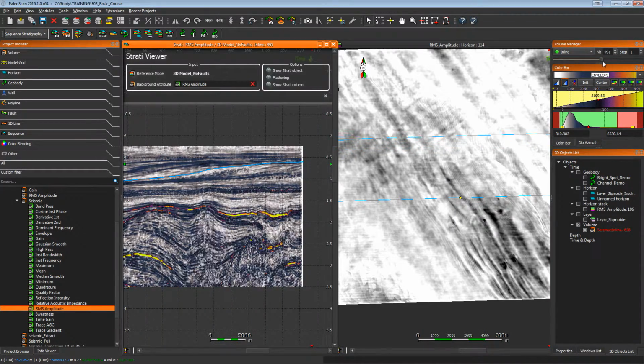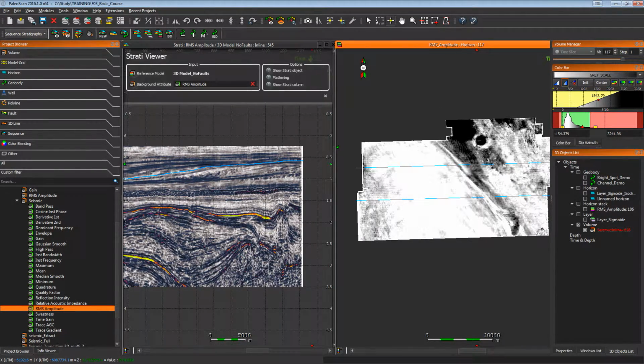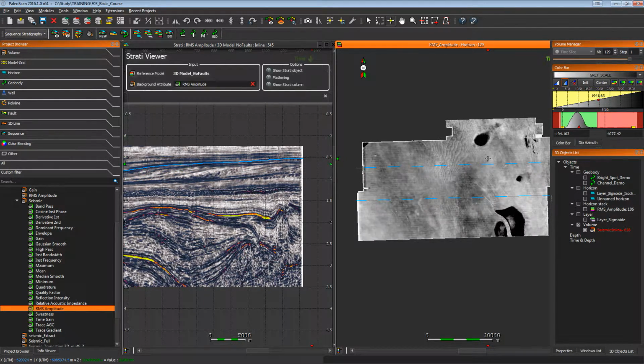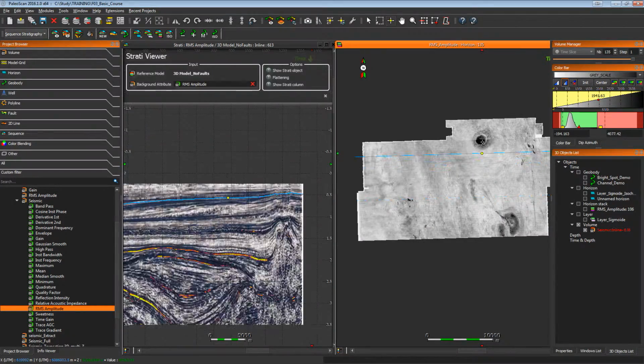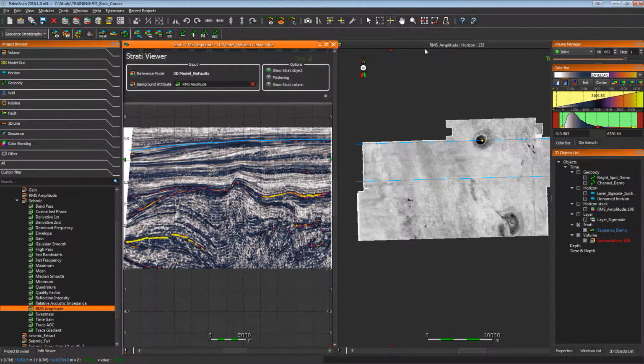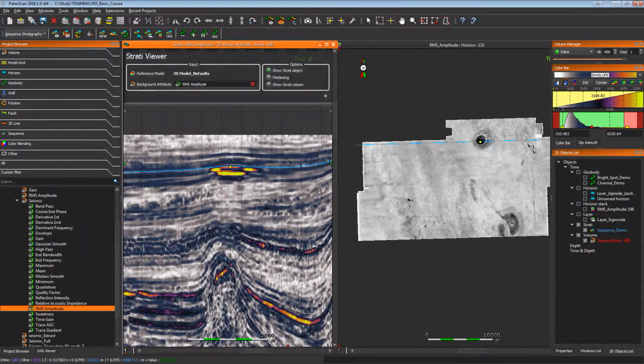We can also use the cross-navigation mouse mode in order to see where we will have to generate the body. So we will focus our attention on this specific bright spot here, and you can see it from the RMS amplitude information. By creating a sequence, we will be able to generate a layer containing this body. So here in the stratigraphic view, we can switch to the sequence picking,